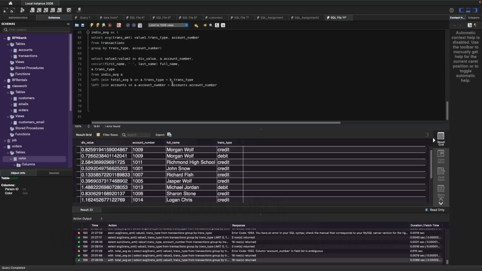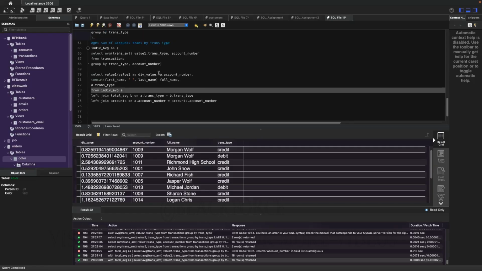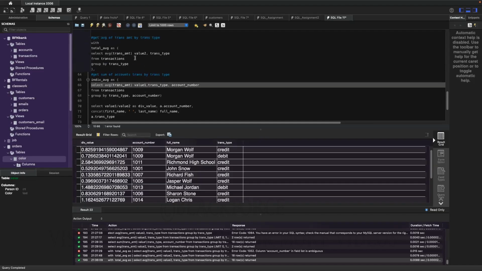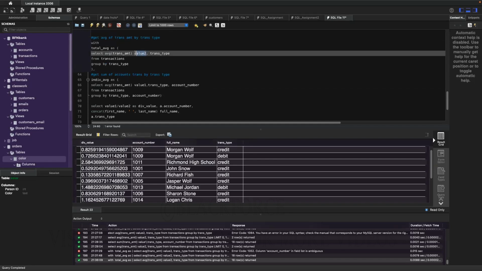So you said you want to get value 1, which I guess is in a table called table A, and then maybe value 2 is in another table called table B. So if I'm to interpret your syntax, you are selecting both values, and then you're going to add the account number from a specific table that you have named A, or alias A, and then when you do the concatenation and then the transaction type. So the fourth line, if you scroll down a little bit, that is where